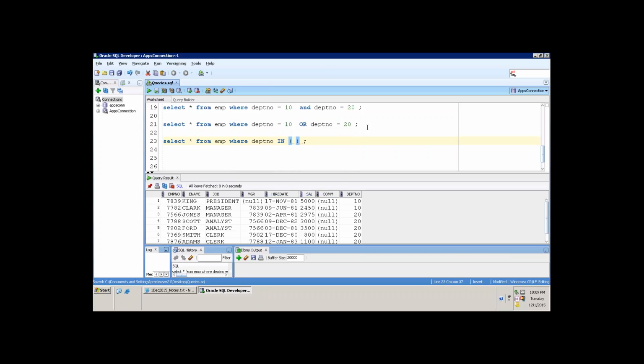What is the easiest way I can do? I can just mention 10, 20, 30 as a set. The IN clause is another keyword, or you can call it a clause. IN clause followed by the list of data items. You can mention the list of data items. That's it. If you write select star from employee where department number equal 10